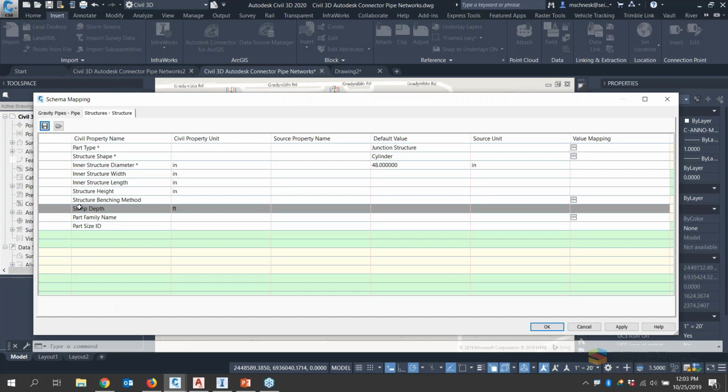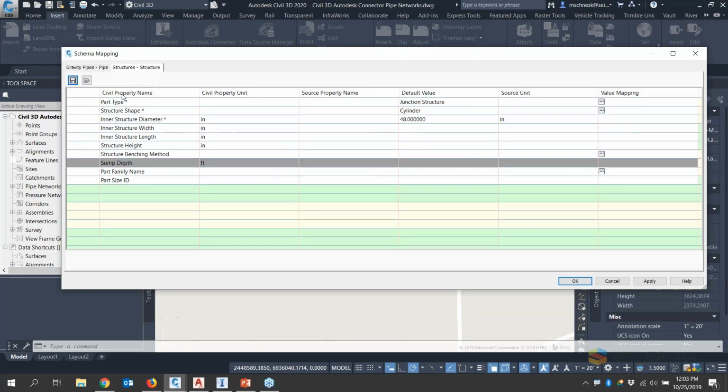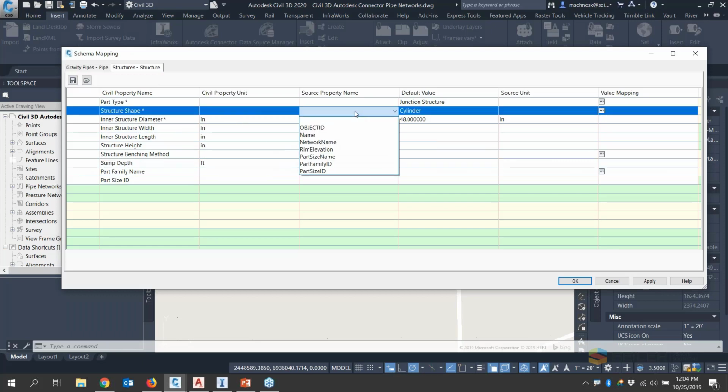So here I have the civil properties. All civil objects like pipes, alignments, and COGO points have their own properties that are hard-coded into the program. These are the civil properties for the structures: structure shape, structure diameter, inner wall. And what I've got here is a source property. Now that I've connected to that file geodatabase, I can go ahead and map